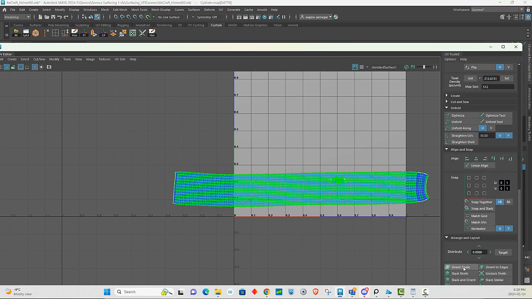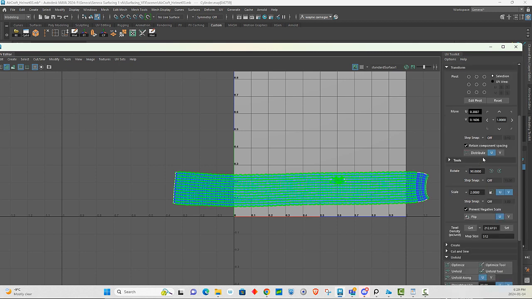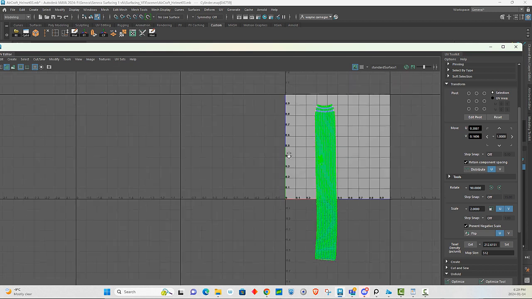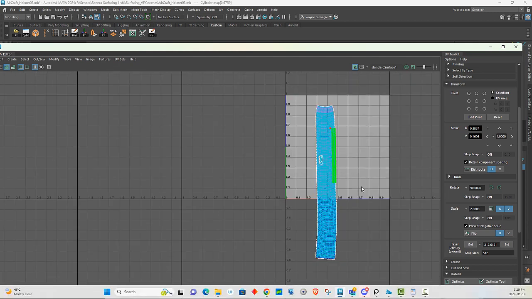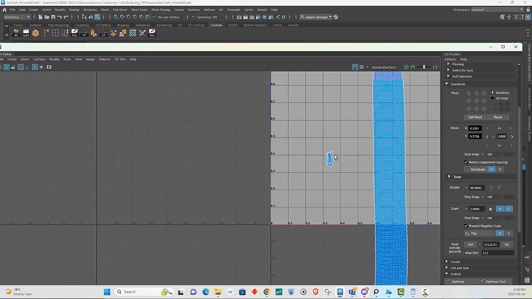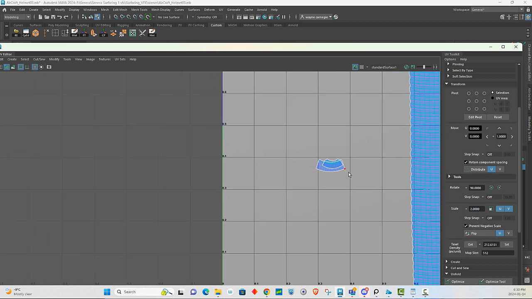go to onion shell. I like to go back to rotate under transform. Go to rotate, and it's rotate. And then what I like to do is press W, move this aside, and I like to press W and rotate these guys too, and I like to not let these overlap, so just like that. Alright,